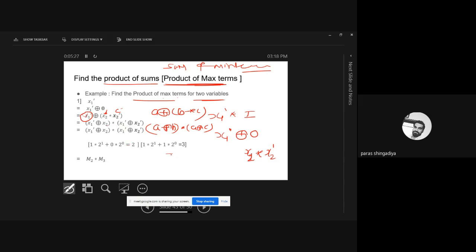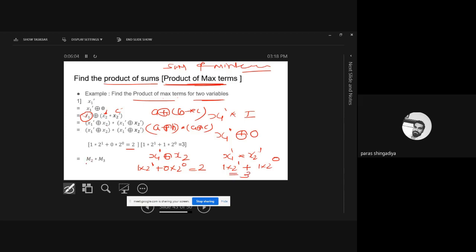So what we have here, we have x1 dash ring sum x2. Dash represents the 1 in the max term and the normal element represents the 0. So it will be 1 into 2 raised to 1 plus 0 into 2 raised to 0. So that total is equal to 2. So the first bracket you will get a 2, and in the second bracket both are complements, so both represent the value 1. That is x1 dash star x2 dash, so it is 1 into 2 raised to 1 plus 1 into 2 raised to 0. So total is equal to 3.